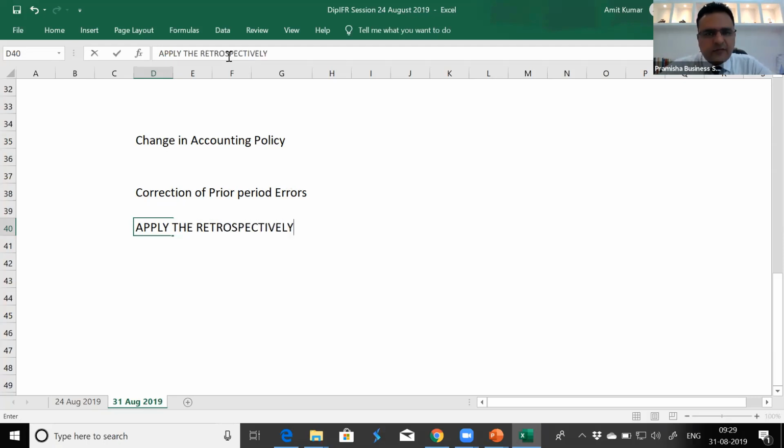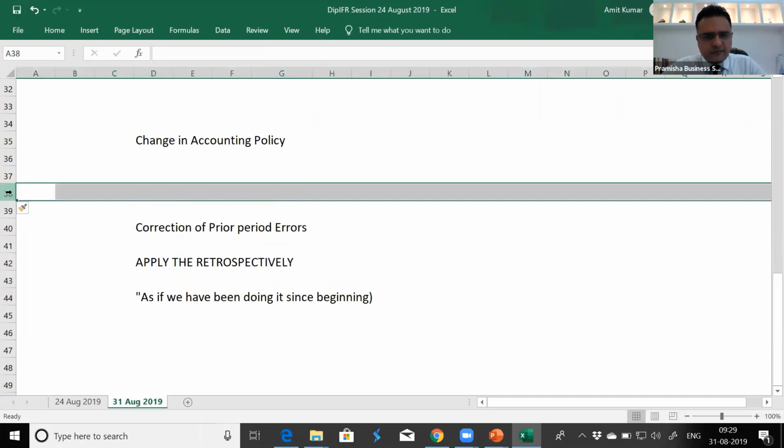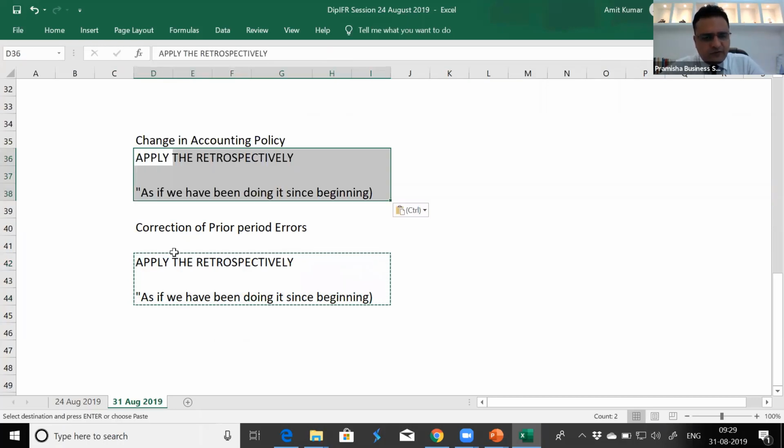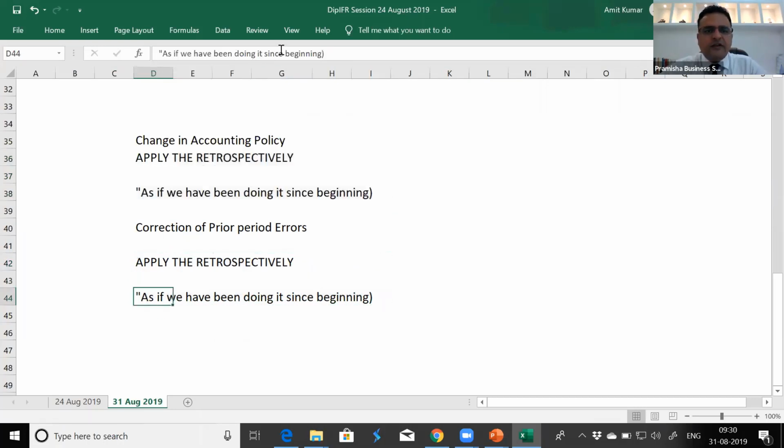What does it mean? Retrospective means as if we have been doing it since the beginning. As if we have been following this accounting since the beginning. In case of errors, we need to believe that as if the error never occurred.